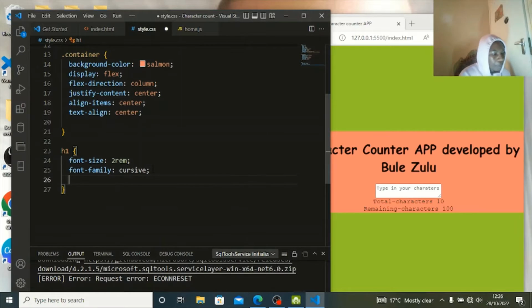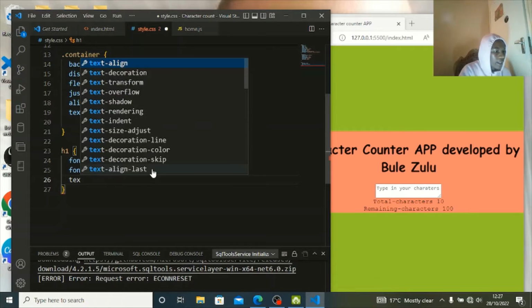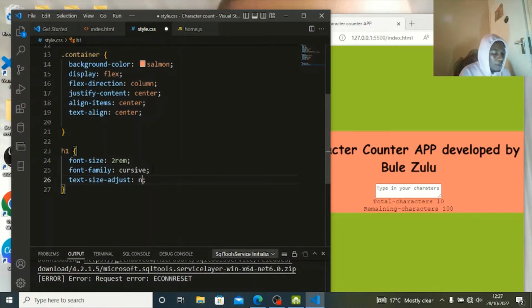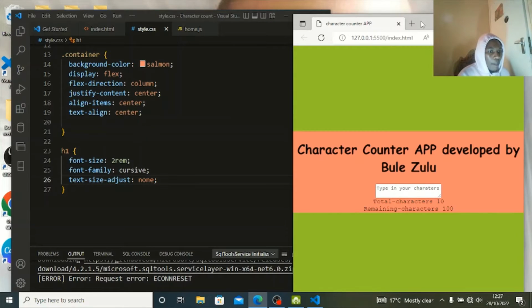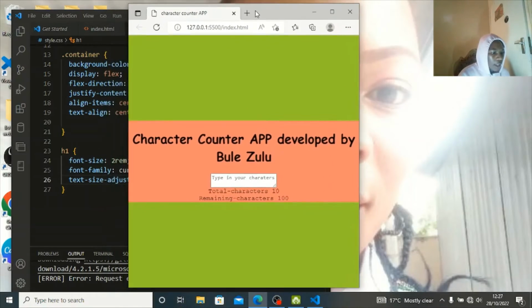And do I need to decorate this? No. Let us make the text decoration to be none actually. I think it is looking perfect. Let me show you. I think it is looking exactly right, but we have to work on our